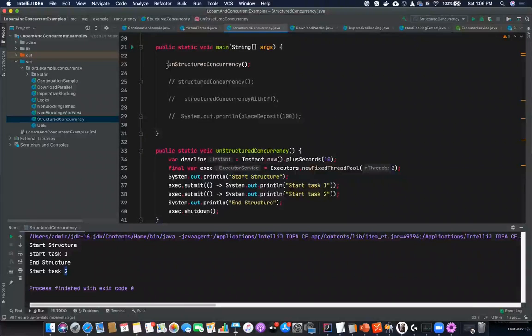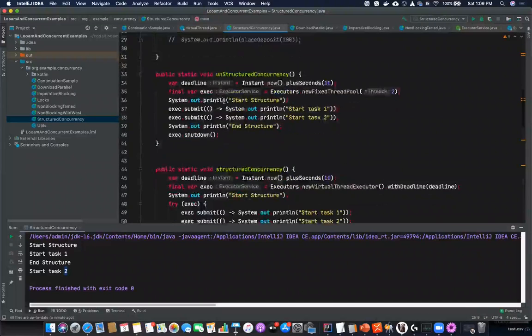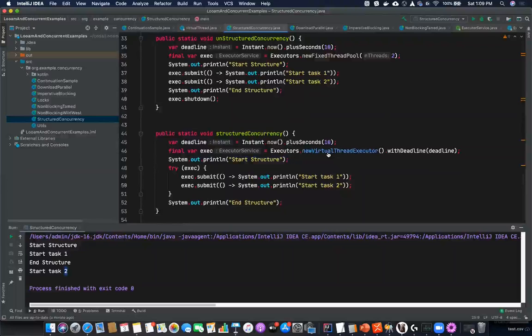But let's move to a structured concurrency world. Before we move there, I'll just explain. Now we have a new thread pool. We use a fixed thread pool. This is going to create real threads, but you have a virtual thread pool also now, which is actually added in